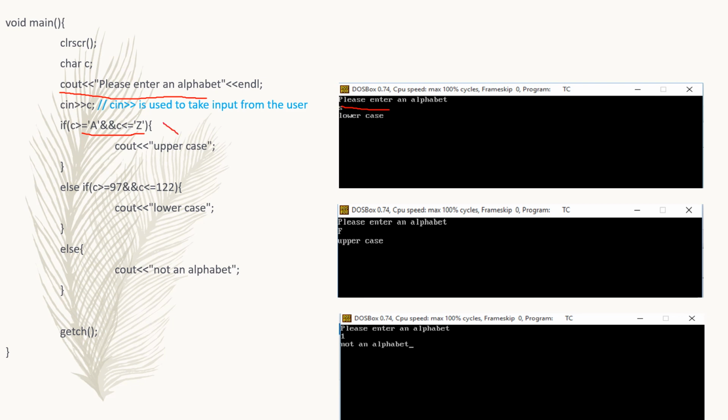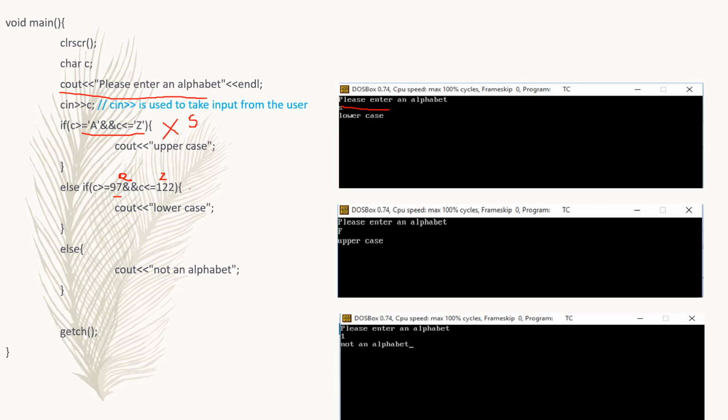So this comes out to be false because C is equal to small s. Here, is C greater than or equal to 97 and C less than or equal to 122? These are the ASCII values for small a and small z. So then we will output.